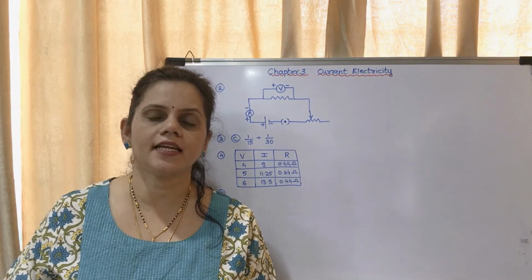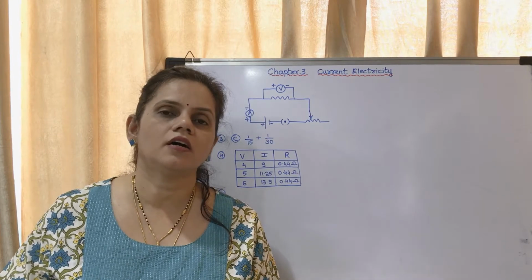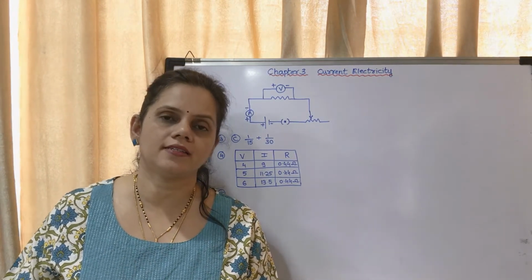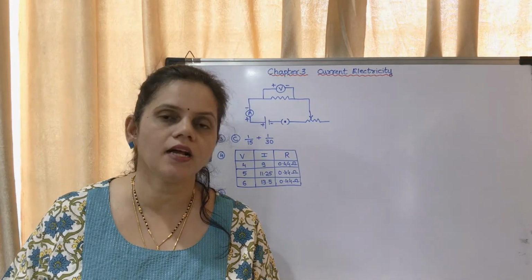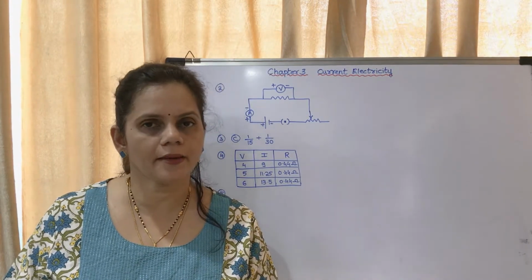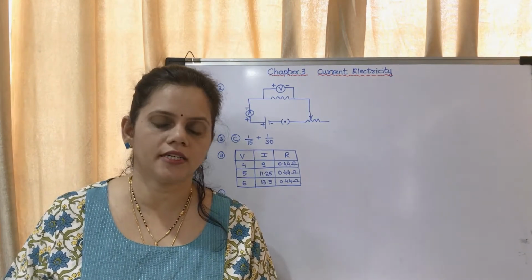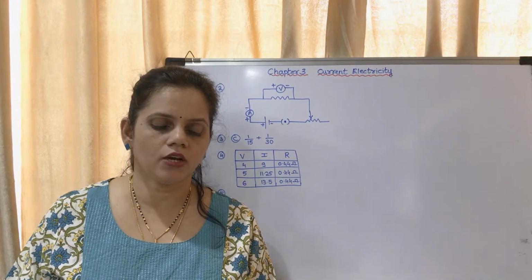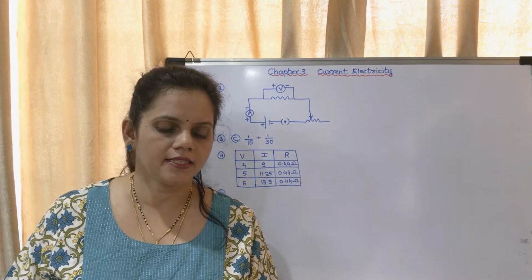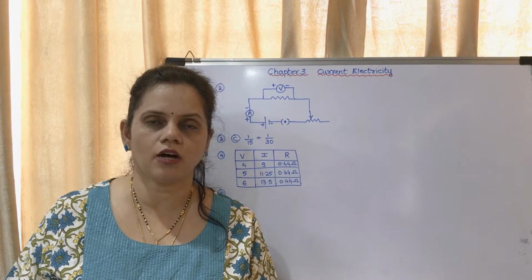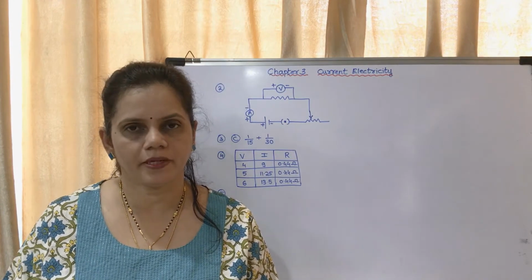We have studied in the characteristics of parallel connection that when resistors are connected in parallel, the potential difference is the same but the current is different. The third wire is called the earth wire and is yellow or green in color. This is connected to a metal plate deep underground near the house and is for safety purposes.